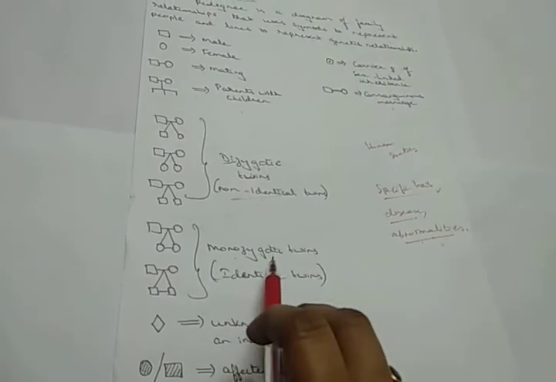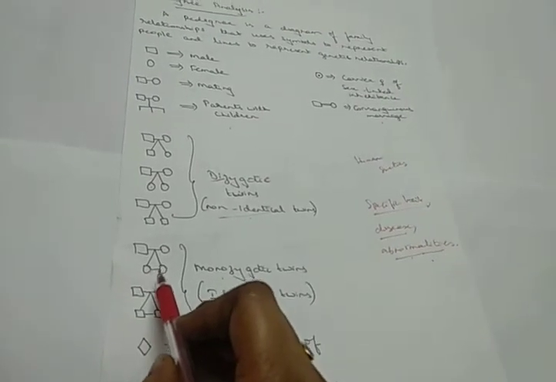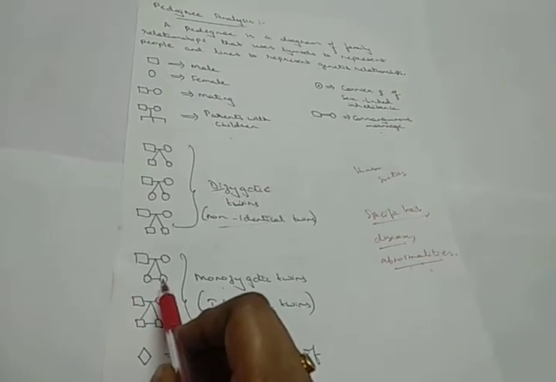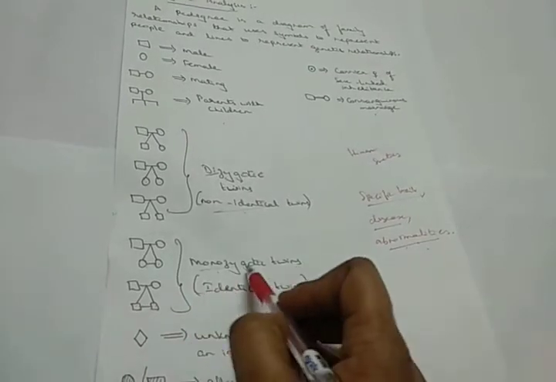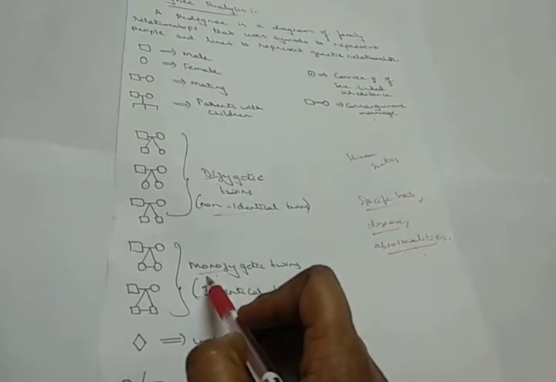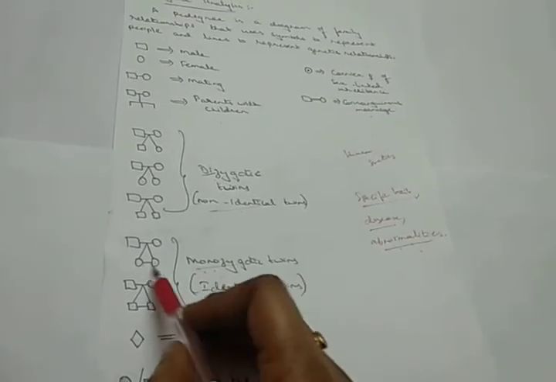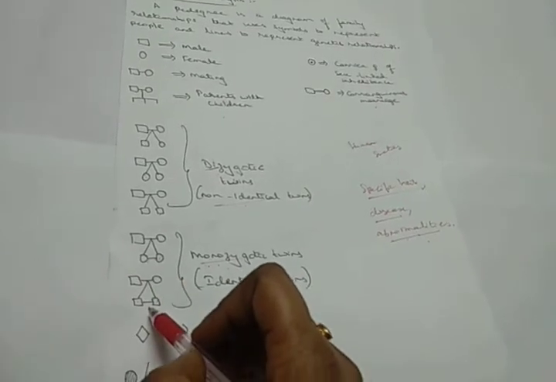Or if it is monozygotic twins or identical twins, again you plot a line where you show that usually the sex of the children will be similar. It may be either daughters or sons. Monozygotic refers to where, after the zygote has formed, it gets divided. So it usually means the children have the same sex.